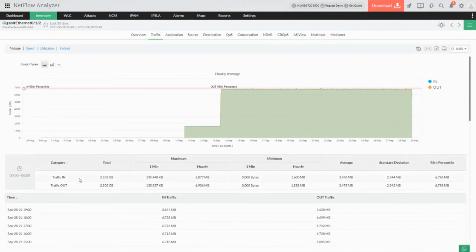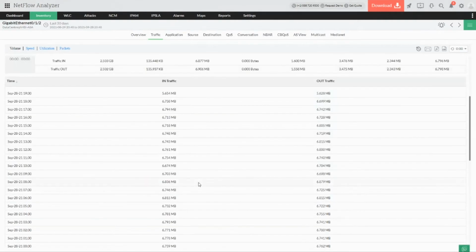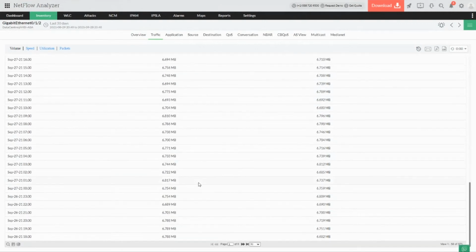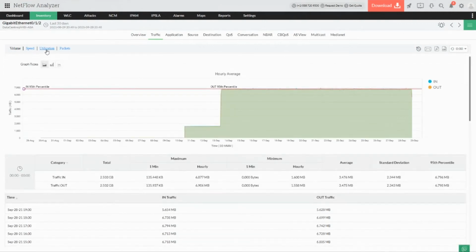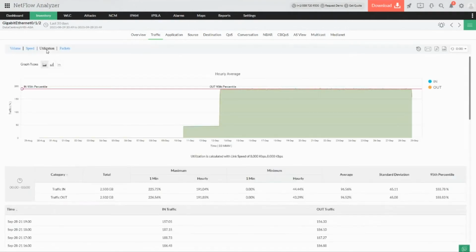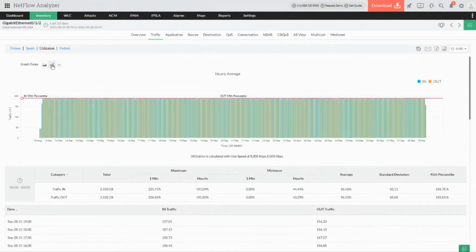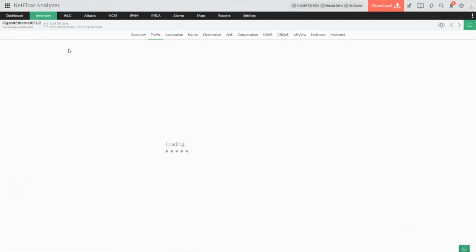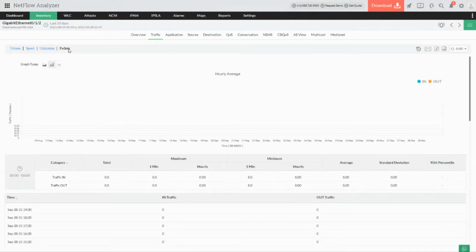Over here, I could see the categories and the total amount of data being transferred. For example, the total data of in and out is around 2.5 gigs. Likewise, I'll have the maximum and minimum in an hourly and minutely fashion, so that I'll have a better idea of how the data consumption is happening, and whether there are any abnormal usage spikes within a specific area. When we talk about other parameters such as utilization with respect to the traffic, you can have multiple different graphs and plotting options to view how things are happening. And likewise, if we want to see based on packet loss or packet consumption, you can always switch to the packet tab and have a detailed picture.